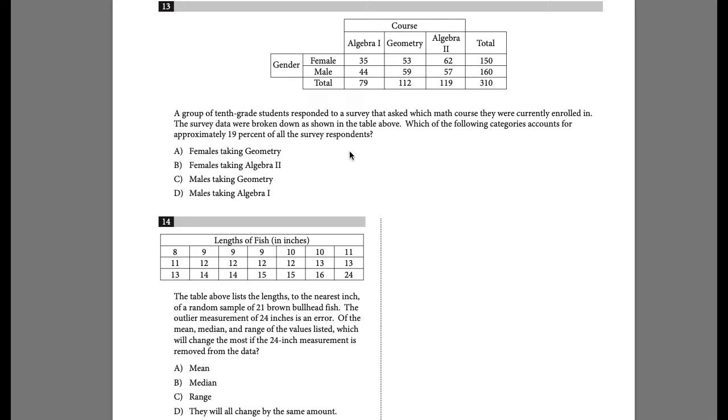So 19% as a decimal is going to be 0.19, and we're going to multiply that by the total number of respondents. So how many students took the survey? Well, there was a total of 310. So 0.19 times 310, and this is going to be 58.9, which is approximately 59 students, which if we see 59 is going to be the male geometry students, or answer